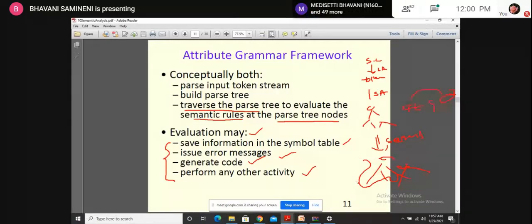And while traversing this parse tree, if we get any error messages, those error messages can be issued, and also it has to generate code of some kind. I think here you'll get a question like how to generate the code. How to generate the code is specific to the application. Suppose I have asked you to construct the abstract syntax tree by giving some statement. I have given you, like, 4 plus 5.